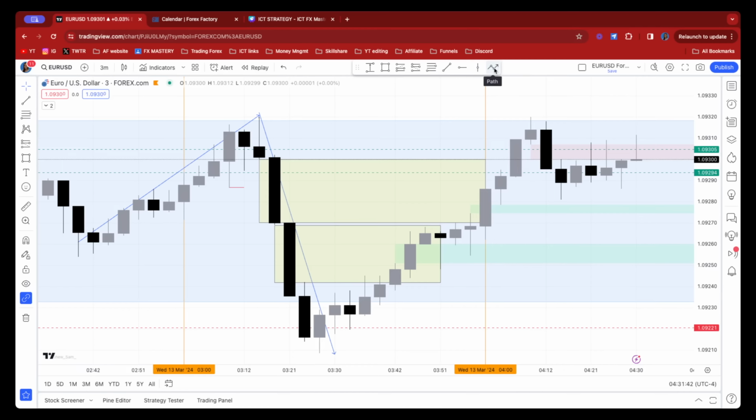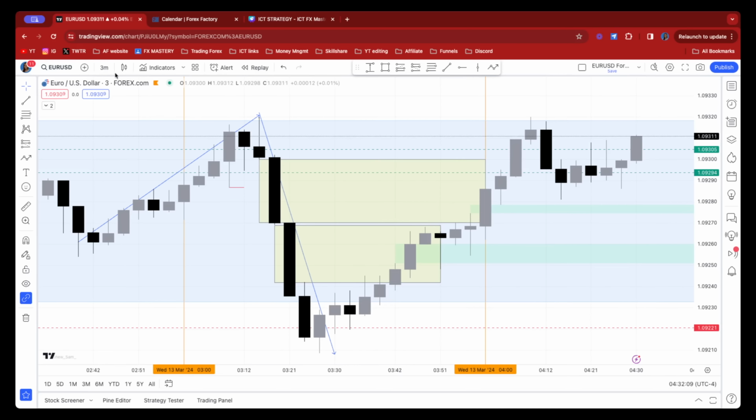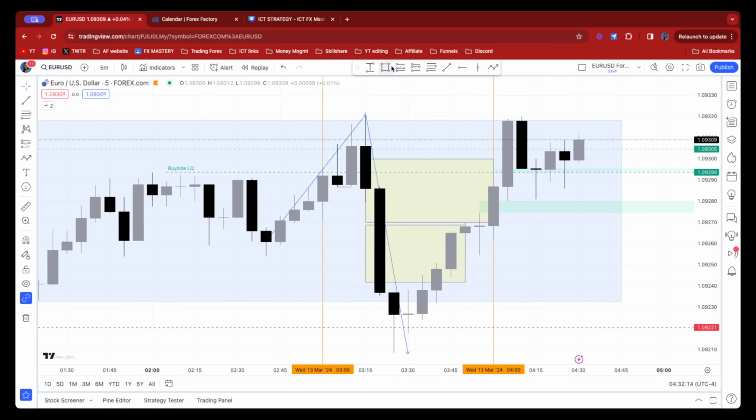In an ideal world, what we would have wanted the price to be doing after this low movement, maybe the price would not take out sell side liquidity. So let's imagine the price did not take out sell side liquidity. We would want the price to go higher, trace back into the fair value gap, either this one or this one. And when you have a doubt on where the price should be going on the 5 minutes, on the 3 minutes time frame, what you can do is go on a higher time frame and check it out for there. Here, the fair value gap